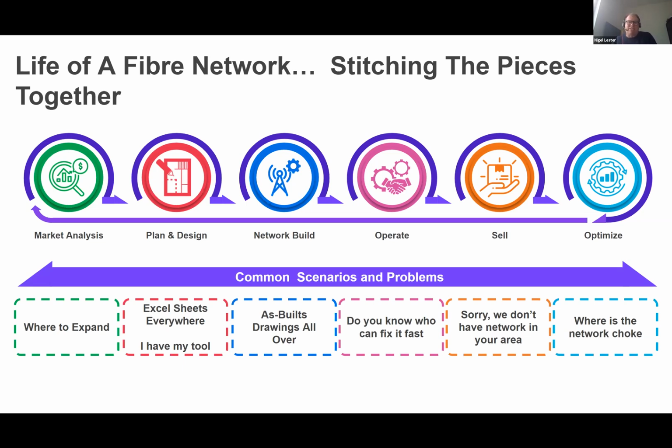Also, once you've planned and designed, what gets built out in the field is quite often different to what was actually planned. The reality of the physical ground needs to modify that network. So being able to have a closed loop process and have people out in the field collecting data and keeping that single, consistent and accurate view of information is where we focus a lot with our clients, and that's where they're finding huge benefits in using a platform like NetworkAccess.